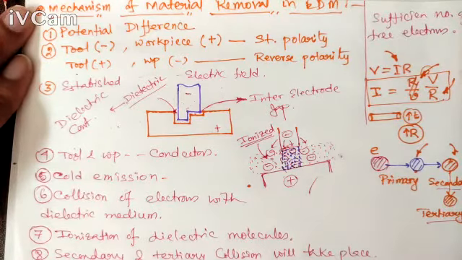In your exam, you may get a 15 marks question from this. So you need to discuss step 1 to step 12, everything. And if you are discussing, as I have said, what is primary, secondary, tertiary, what is cold emission, all these things, if you are mentioning or writing in detail, nobody can deduct any marks.